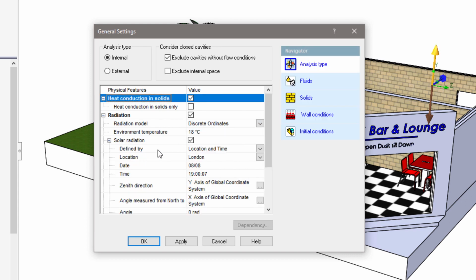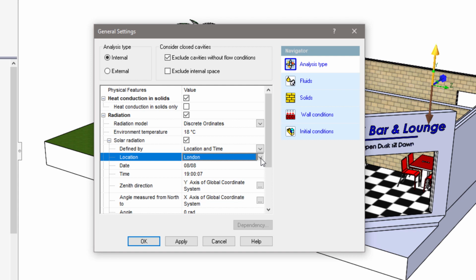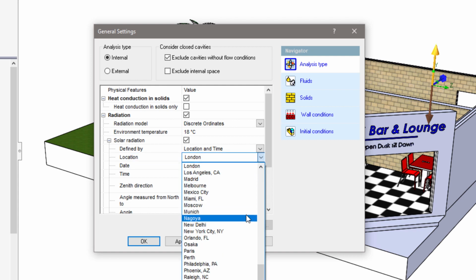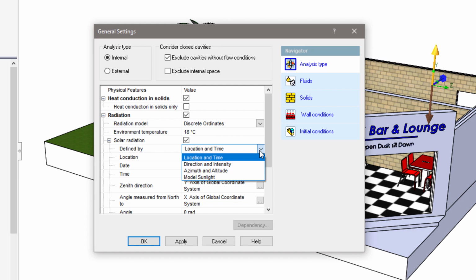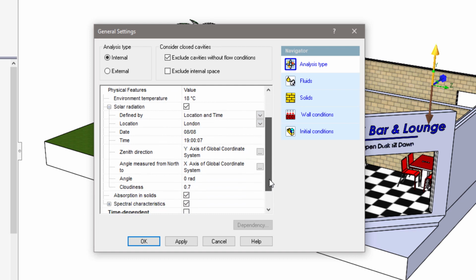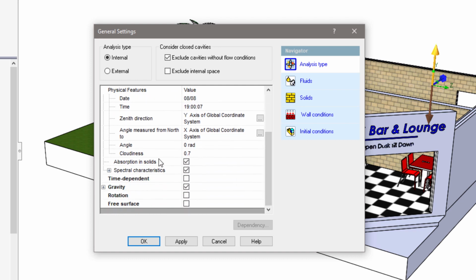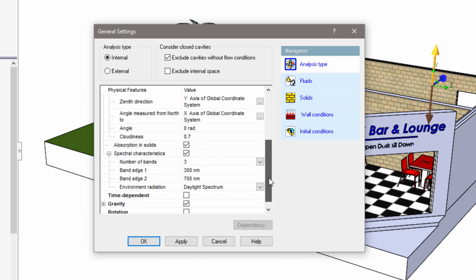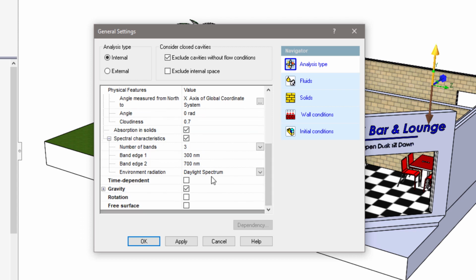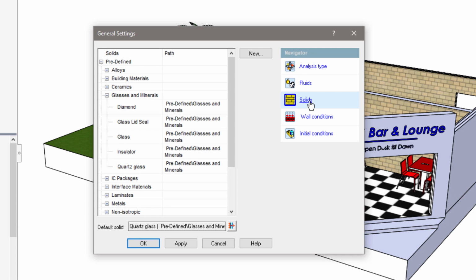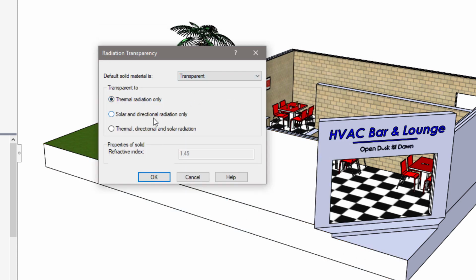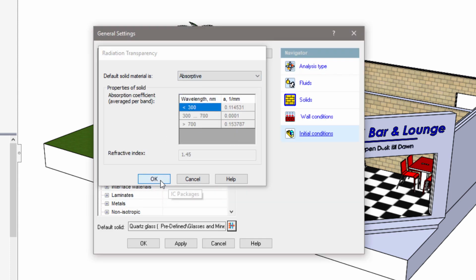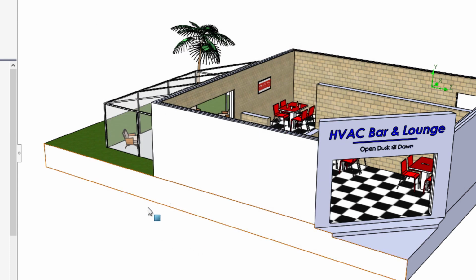Usually, SOLIDWORKS Flow Simulation uses a discrete transfer method, which is great for most studies, electronics cooling or turbulent flow problems. However, in this case, we have a large glass structure, which will be exposed to solar radiation. This method is much more capable and means we can consider geometric optical effects, such as shadows. The method we are using here is called discrete ordinates. This is required when studying semi-transparent materials such as glass because it allows for absorption, so certain wavelengths will be allowed to pass through and other wavelengths will be absorbed by the material.